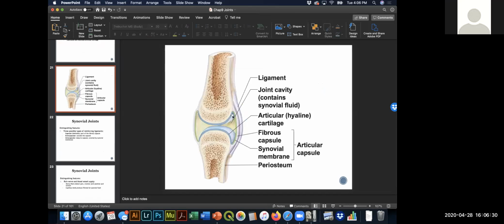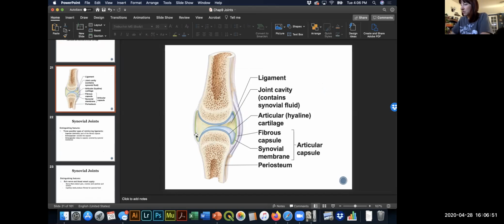Ashley, I know I might lose your train of thought, but for the differences between the female and the male pelvis, is there a specific number of differences you want us to know? Because I know the textbook has a decent amount, and then you showed us a certain amount. Yeah, I only showed you certain particular ones. The most important ones are going to be